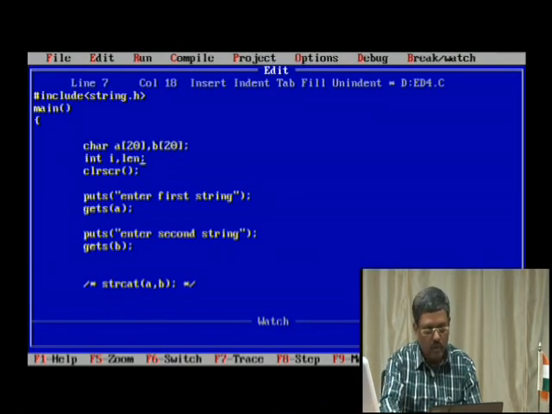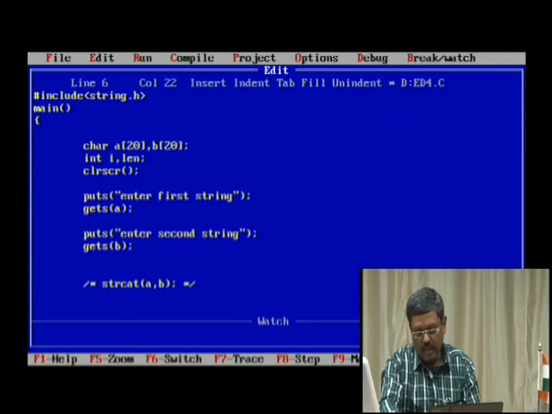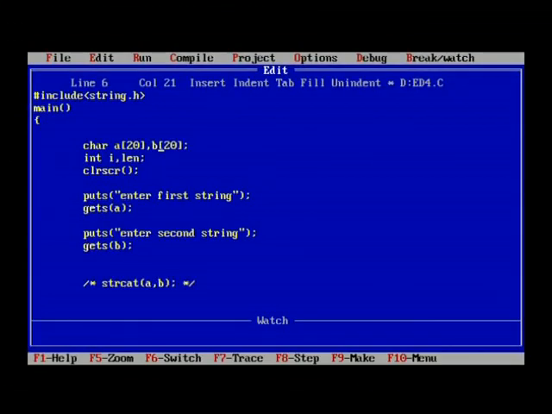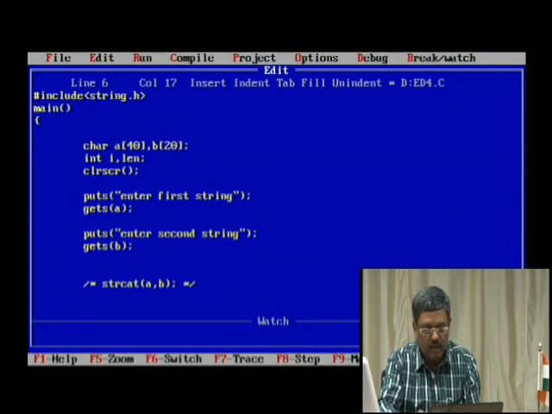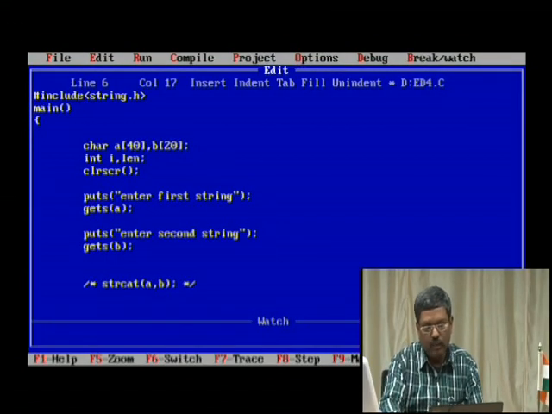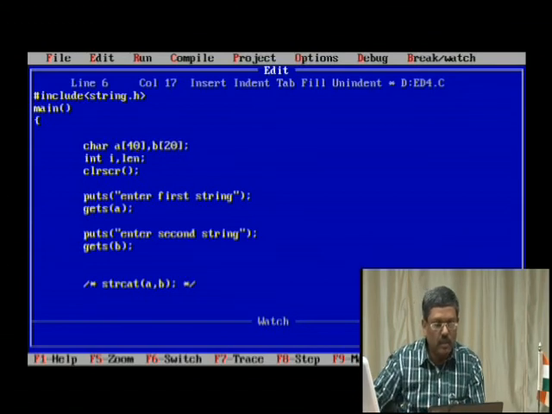So you need to have, for example, A is one and B is another one, and then directly you have to combine. For that matter, I will make A bigger. So let it be say 40, because it needs to have more space.